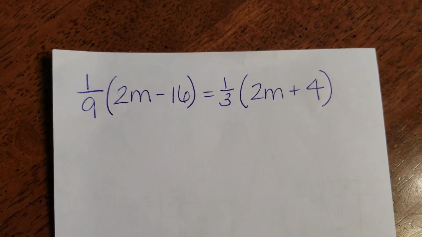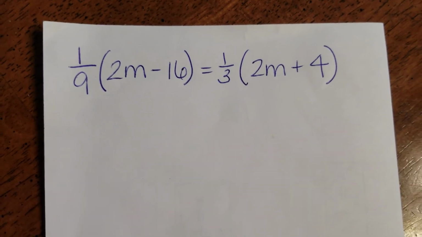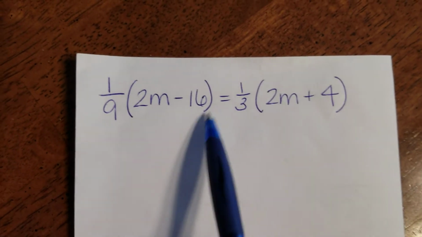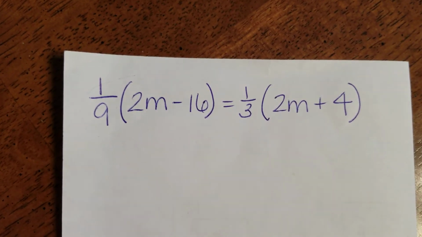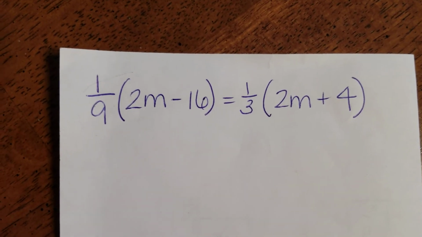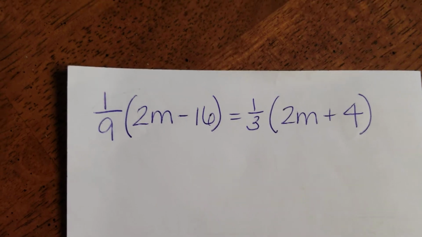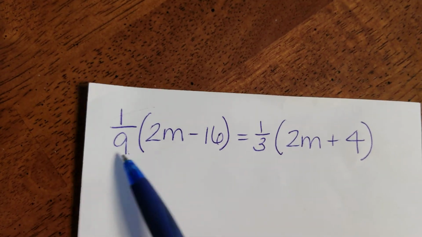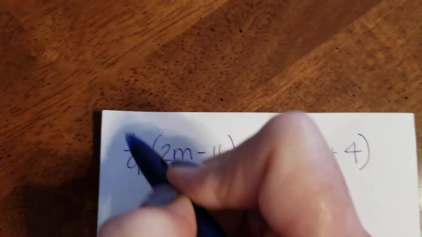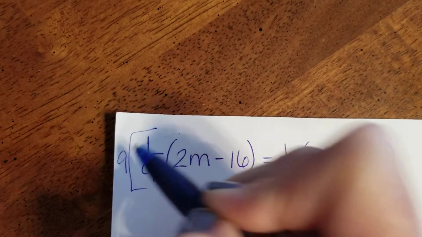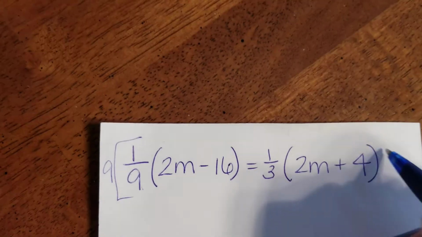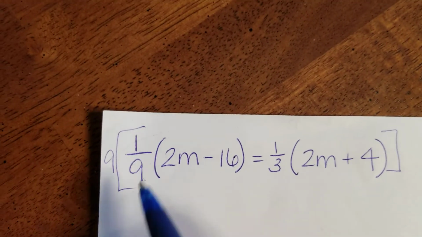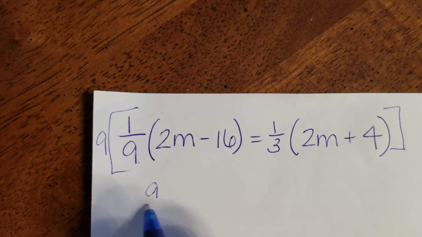Let's look and see how our equation is structured here. We only have 2 terms. We have one big term on this side and one big term on this side. And what are we going to multiply by? Well, let's multiply by a number that is divisible by both 9 and 3. In this case, the easiest one, or the smallest one, the least one, is going to be 9. So this is going to give us 9/9